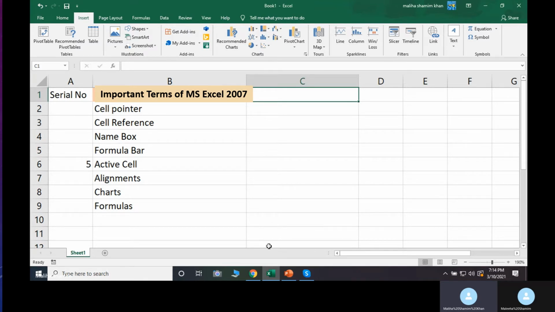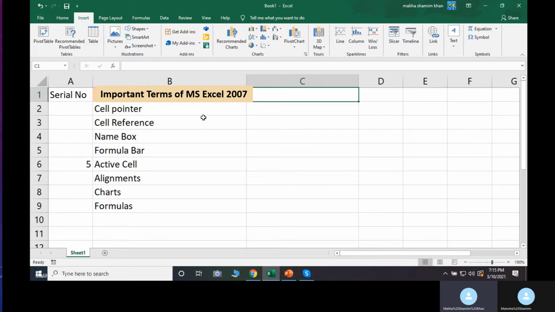Students, we have studied significant terms of Microsoft Excel. So let's have a look practically. I have this small amount of data in my Excel worksheet in which I have mentioned the different terms, or you can say parts of the Microsoft Excel window.